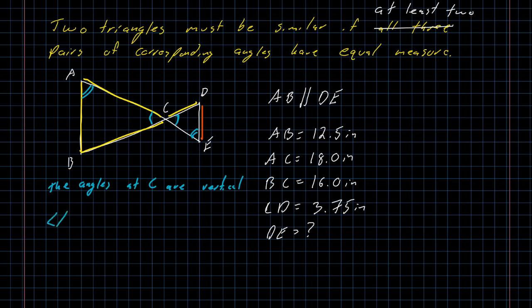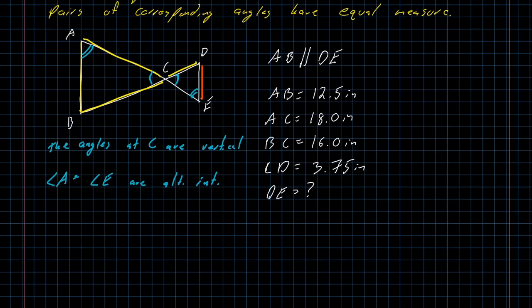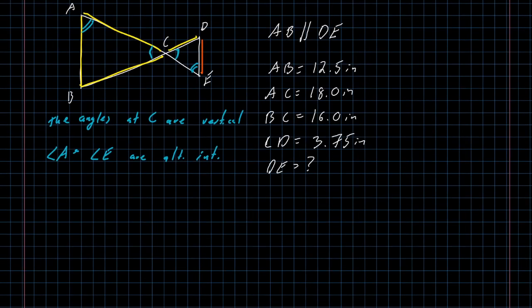So angle A and angle E are alternate interior angles. You could from here also say that angle B and angle D are alternate interior angles, but you don't need to because we've now established everything we need to establish. From here, we can start talking about the figures,